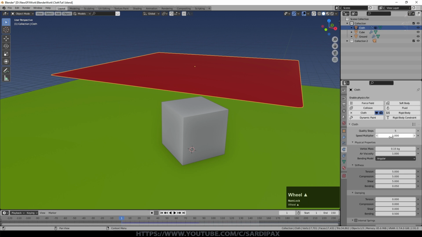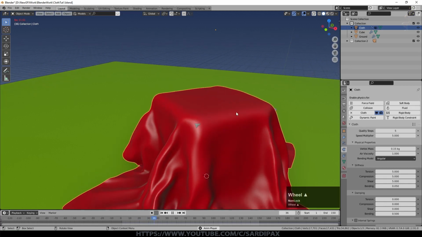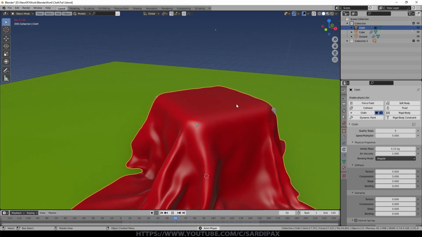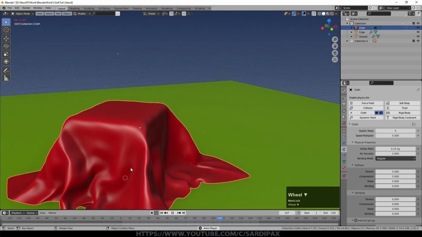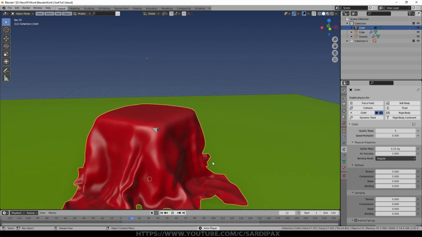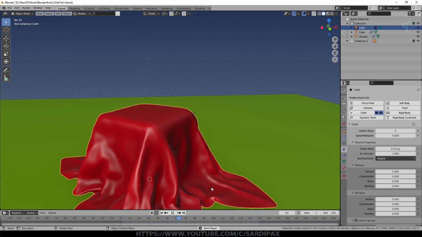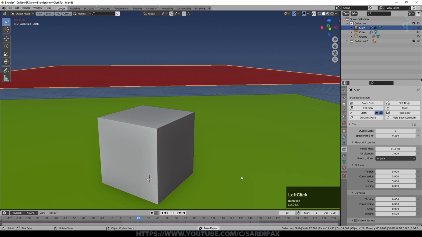One other thing is the speed multiplier. So if I set this to 5, you can see it all happens very quickly, and you can see now because it was simulating very fast, we actually had a problem with penetration of the model, and it's all jiggling around a lot as well. You tend to get a little bit of jiggle with certain physics simulations anyway. Or of course we can go the other way. So 0.25 would be a quarter of real speed.